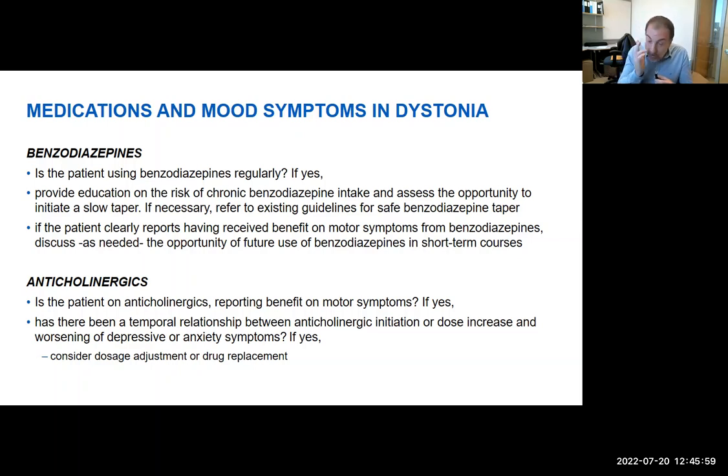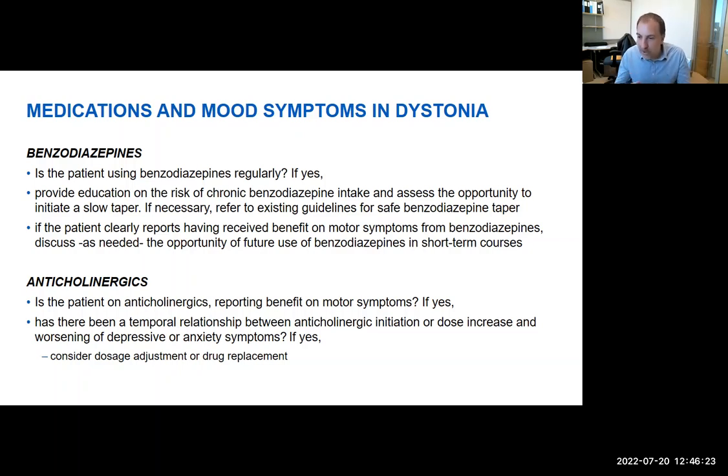There are patients who clearly report receiving transient benefit on motor symptoms from benzodiazepines. So these are the patients in which we could discuss the opportunity of using medications like, for example, clonazepam in short-term courses, always under appropriate safety monitoring from the neurologist, and making sure that this intake does not become